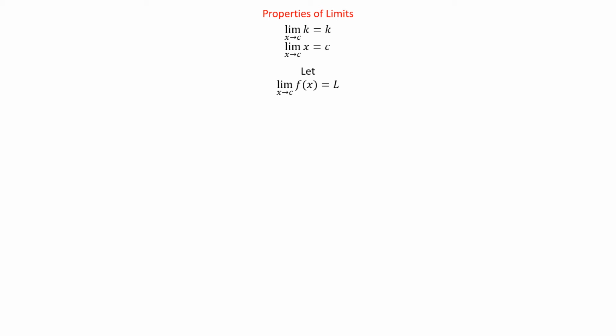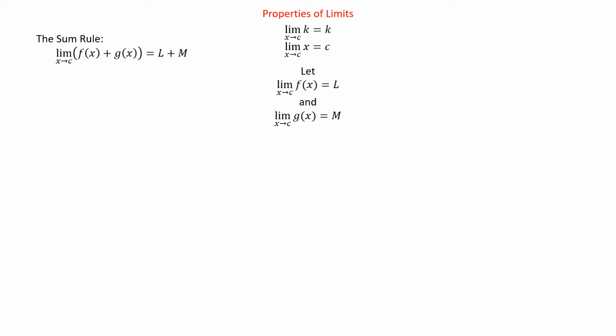So L is the limit, it's a number, f of x is a function, doesn't matter what they are. And the limit as x approaches c of g of x equals M. So we have some properties. We have the sum rule. The sum rule says if you're adding them, then you just add the limits. So what that means based on the limits that we have,